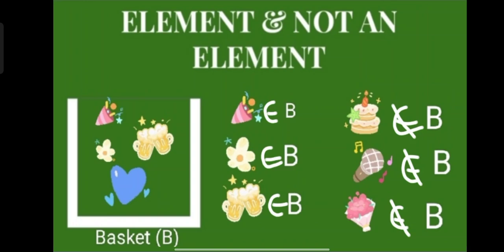And one more exceptional case I have included in this picture, that is about this heart. They have not asked anything about this heart. It means that maybe the heart was included or maybe it is not. It does not mean that heart does not belong to B, since there is no question like that. Also it does not mean that the heart belongs to B if there is no question like that. If they do not specify anything about the heart, we don't have to write it.